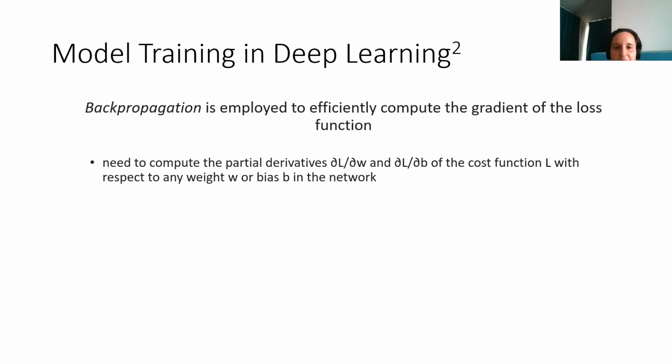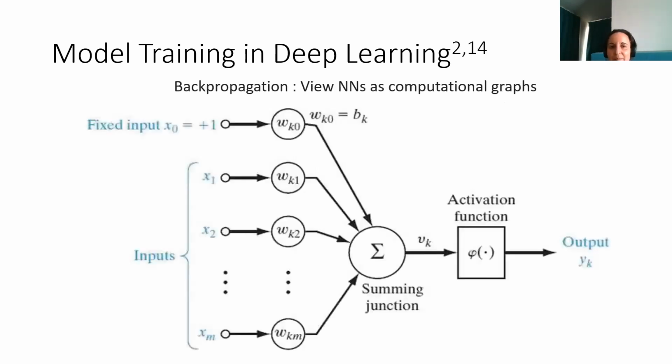Backpropagation works with two main notions, I would say. The one is that it sees the deep learning model as a computation graph, and this computation graph is described exactly by the directed acyclic graph that I described in the beginning,